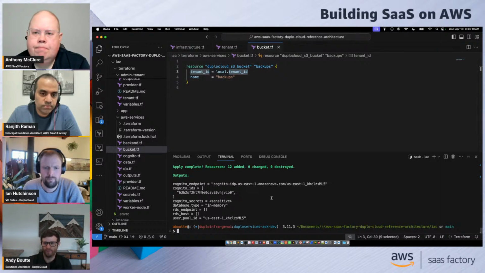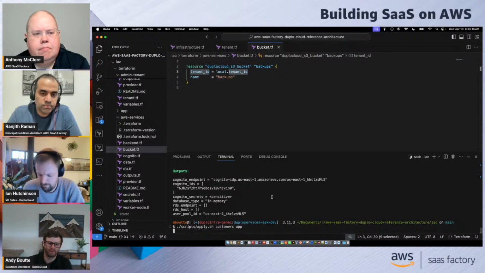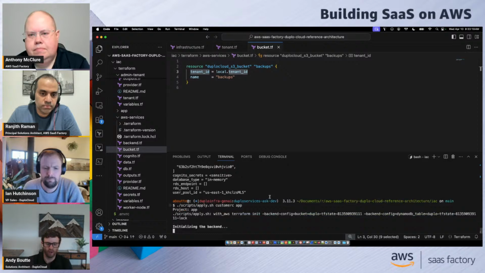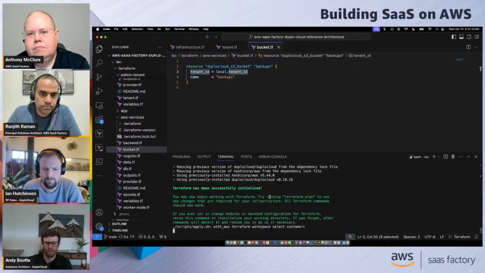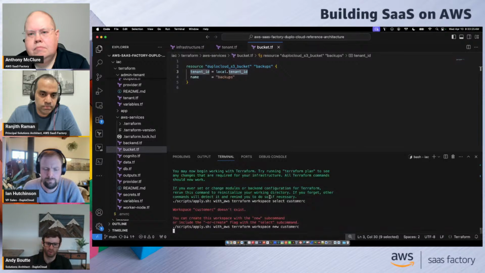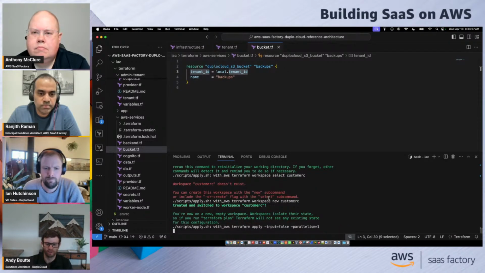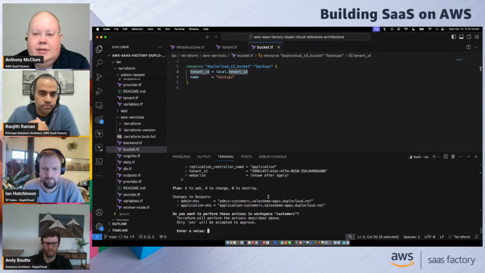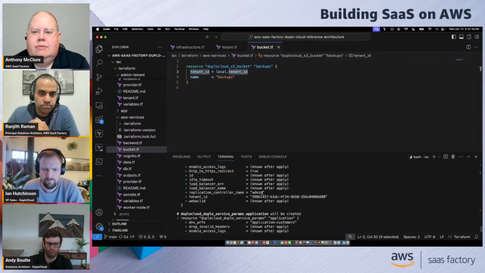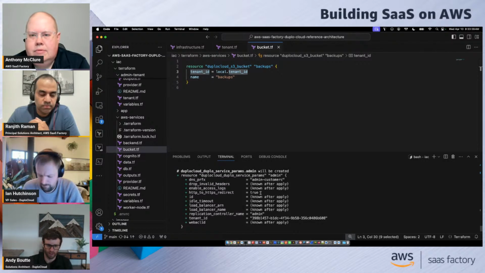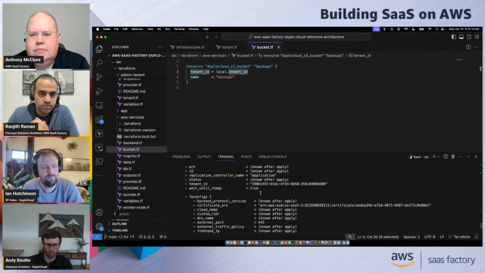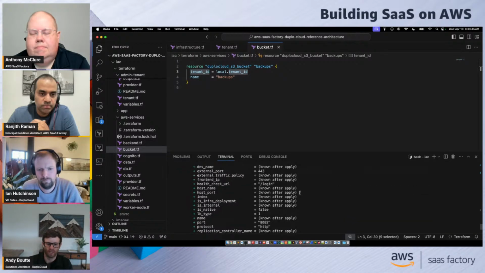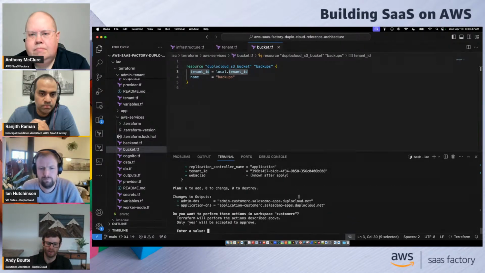So that piece has finished. I'm going to kick off actually deploying the app. And while the app one is running, we can dive into some of the infrastructure diagrams so we can actually look at these different building blocks. So I'll wait for a second to let me confirm this. So here we're going to deploy some containers to Kubernetes. We're going to create a load balancer in front of those containers. We're going to set up SSL, all those types of things, and then DuploCloud will automatically create a DNS record to map to that load balancer.